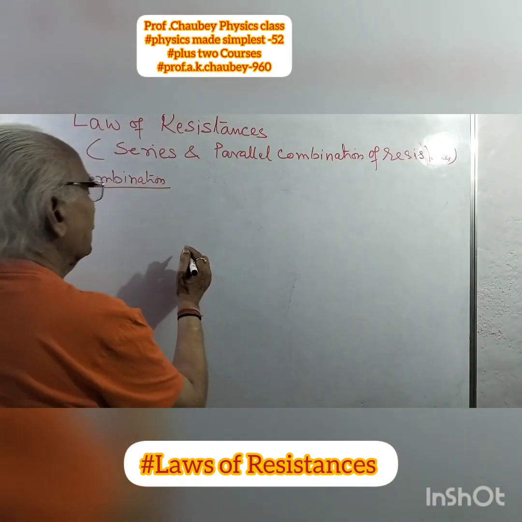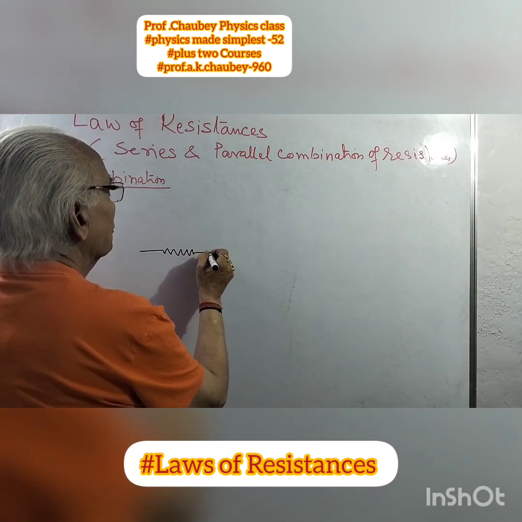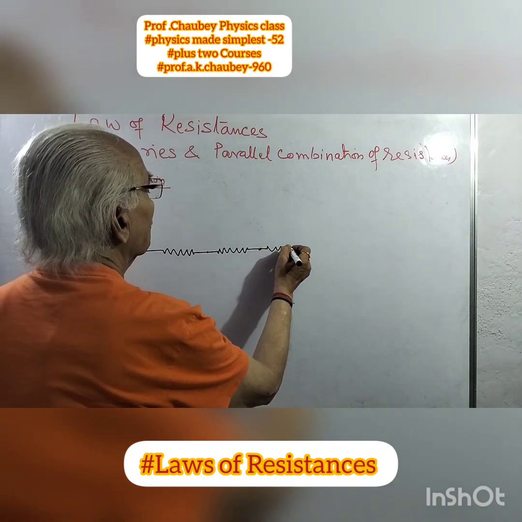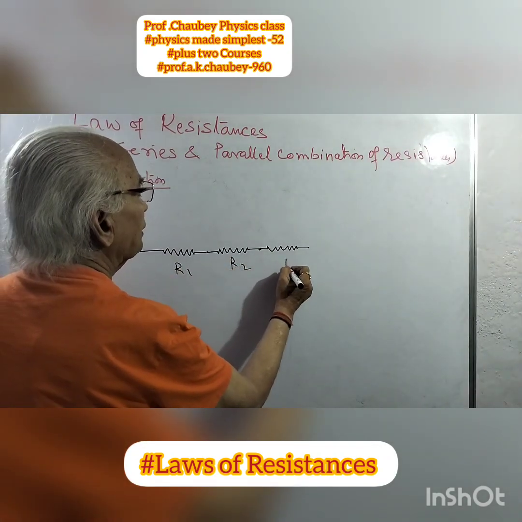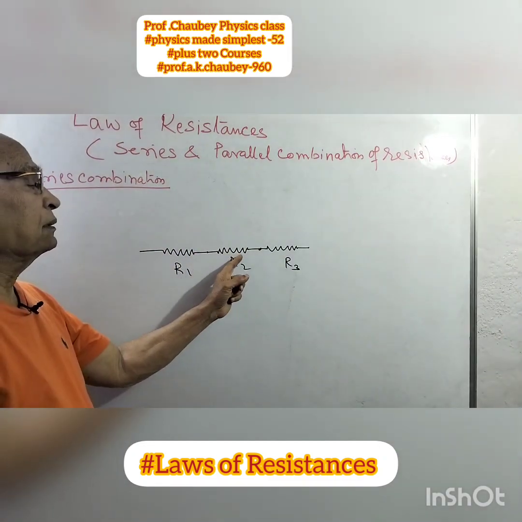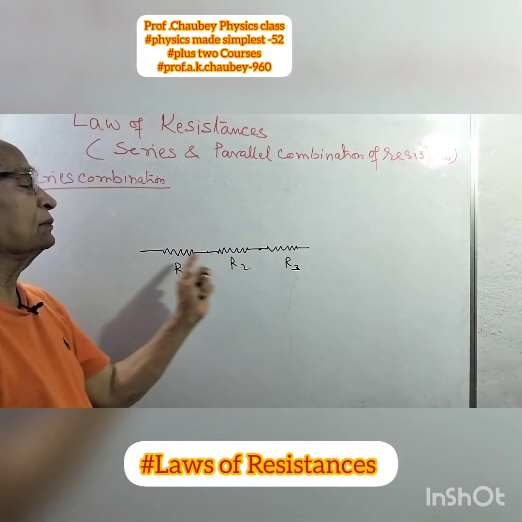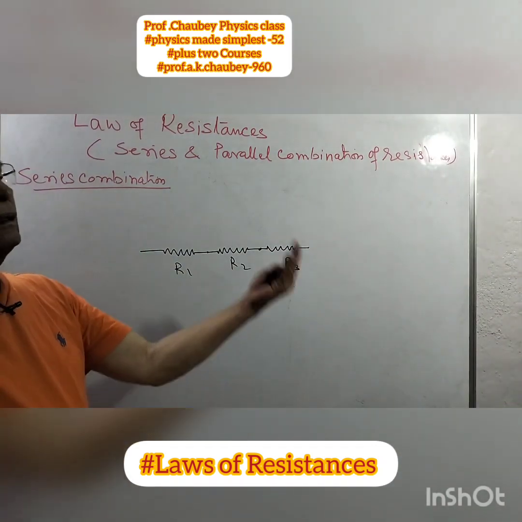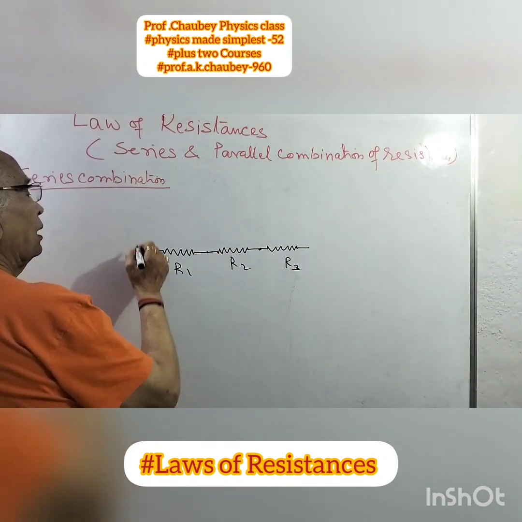So I put, say, 3 resistances, R1, R2 and R3 connected such that the second end of the first resistance is connected to the first end of the second resistance, and the second end of this resistance is connected to the first end of this. So this is called series combination. Means the end of one resistance is connected to the start of the other resistance. So this is series combination, and I connect this with, say,